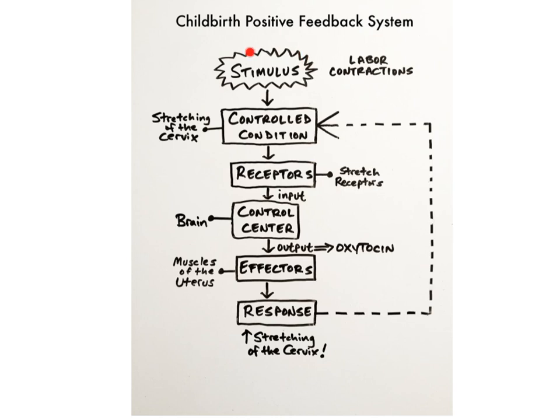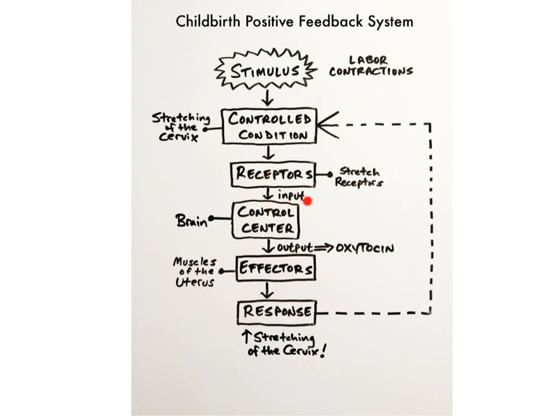The first labor contractions of childbirth push the baby's head into the mother's cervix, which is the lowest part of the uterus or womb. These labor contractions act as the stimulus that increases the stretching of the cervix, which is the controlled condition. The receptors in this feedback system are specialized nerve cells in the cervix called stretch receptors